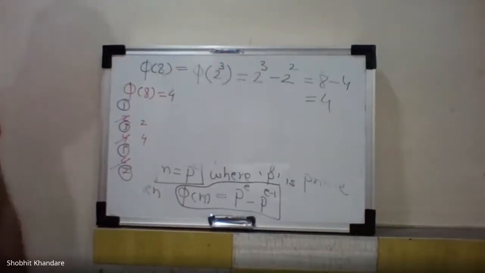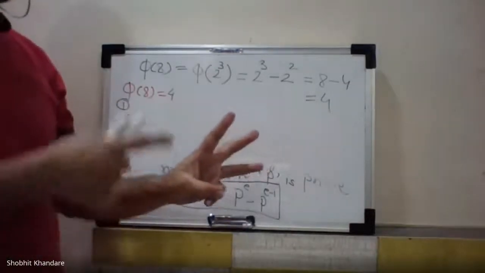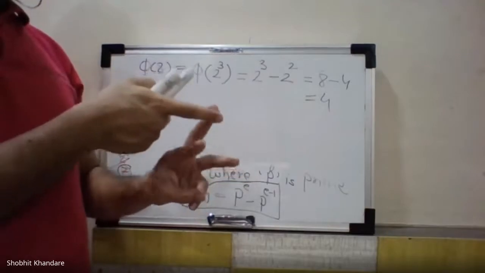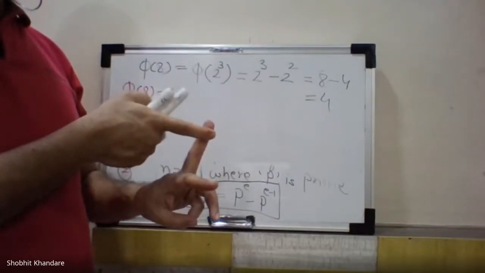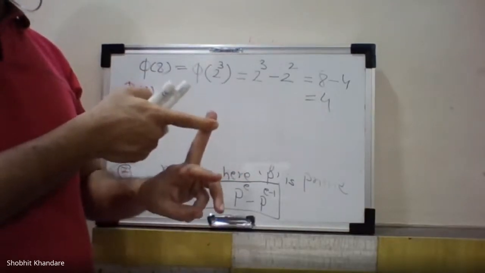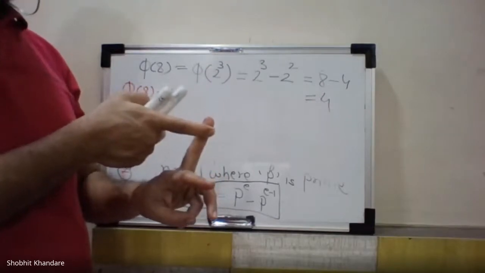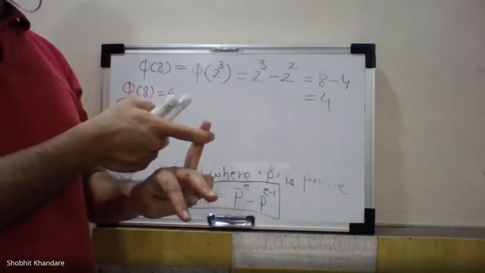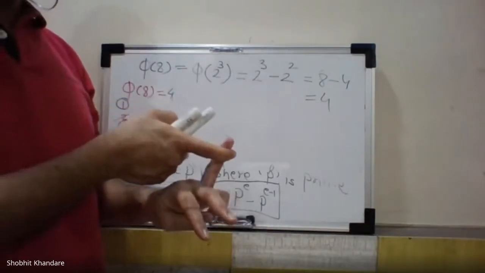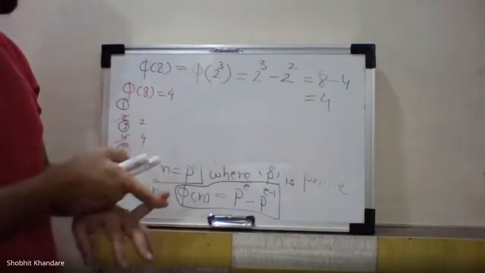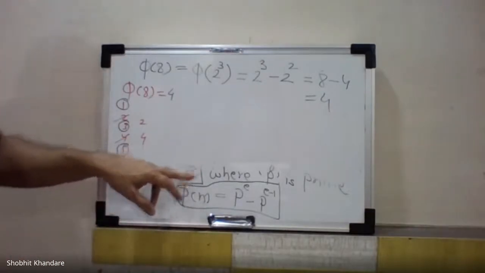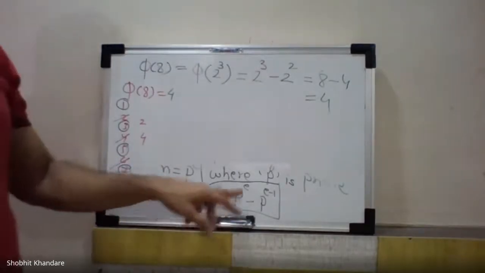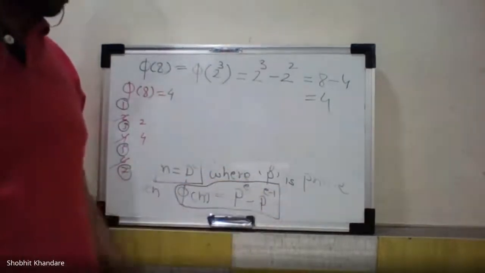Okay. So in total 3 cases we have seen. Again I am repeating. Case 1, if the number n is prime. Case 2, if the number n is represented in the form of the product of two prime numbers. And case 3, if the number n doesn't fall in case 1 and case 2, then express that number in the form n is equal to p to the power of e, where p is a prime number, and you can directly write down phi of n is equal to p to the power of e minus p to the power of e minus 1.